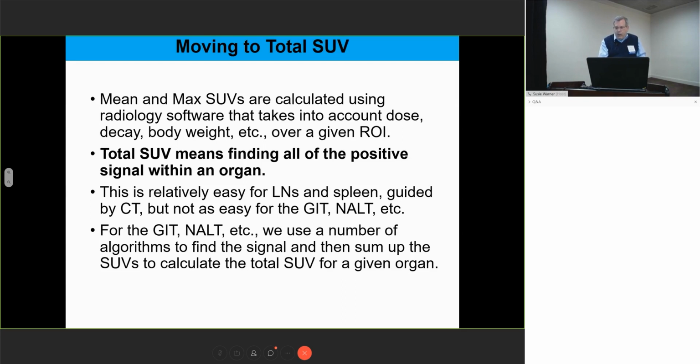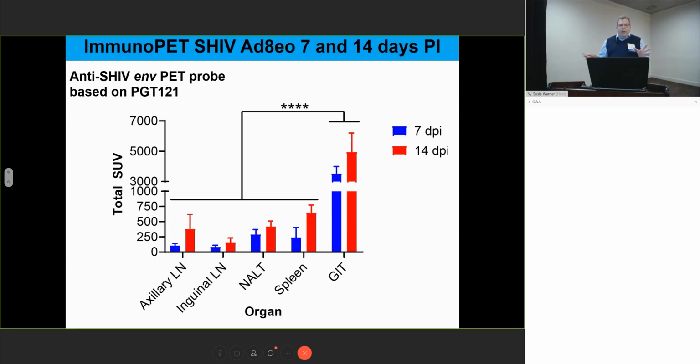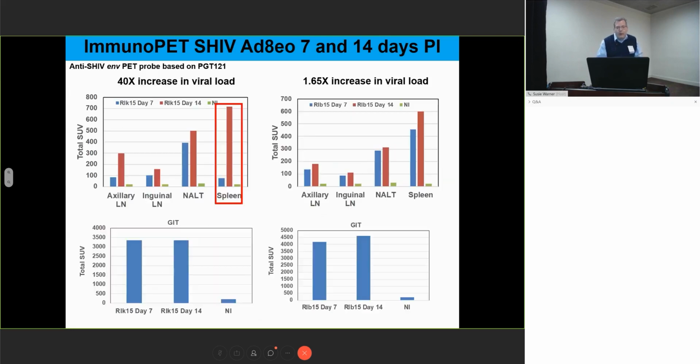If we look at now using total SUV, first of all, I want to note that the total signal in the spleen now is not the dominant one. So there's a lot of signal in the spleen, and I don't want to change your minds on that. And there's a large increase. But the point of the matter is that when you integrate all that signal in the gut, now you start to see that the gut is really dominant in terms of the amount of total virus that's there, or at least total envelope, I should say. We're imaging envelope. And so I think this gives you a better, more accurate perspective of the data. That's really the point I want to make.